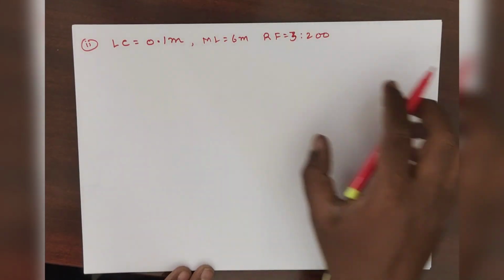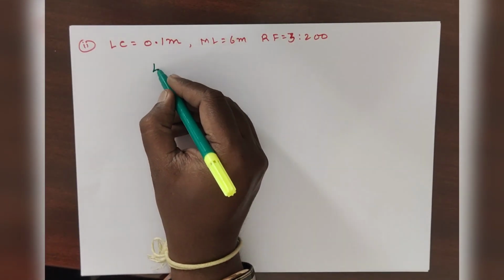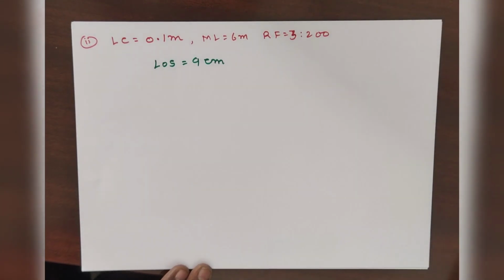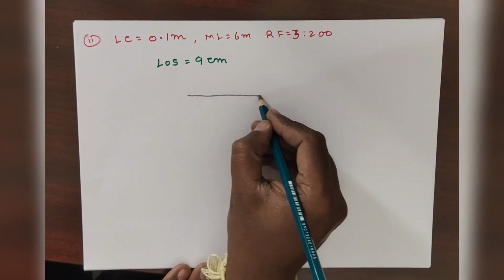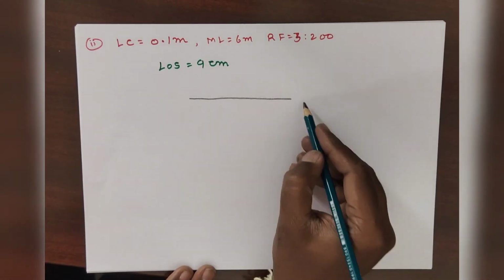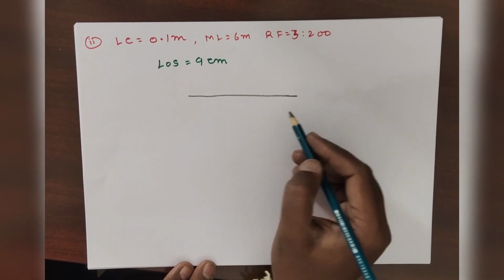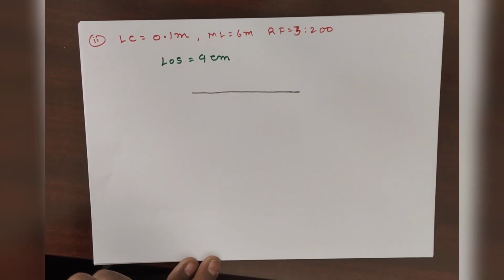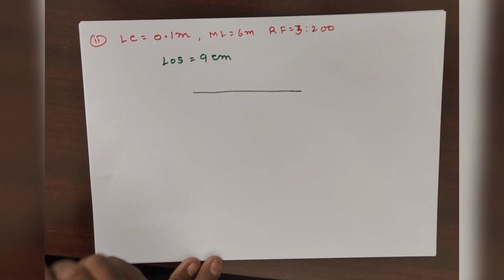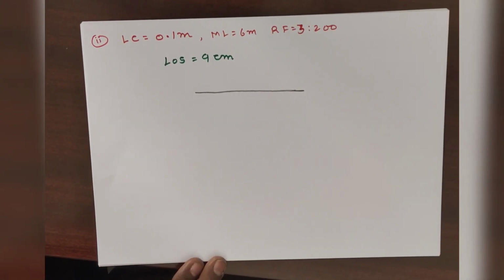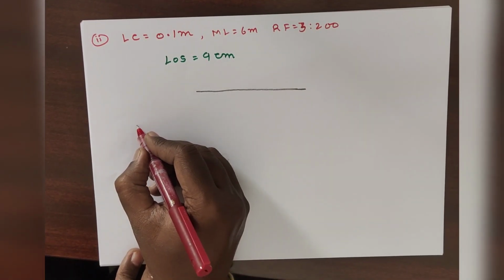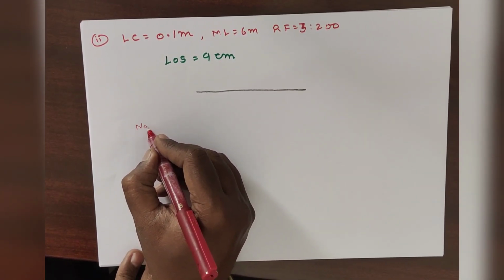We will get the length of the scale. We got the length of the scale as 9 centimeters. So we draw a 9 centimeters long line, sir. This is a 9 centimeters long line. So this is representing how much? This is 6 meters. But how much do you want the least count? 0.1 meter. Therefore, how many divisions do I have to make? 60 divisions. Am I right or not? So that is the number of divisions required.